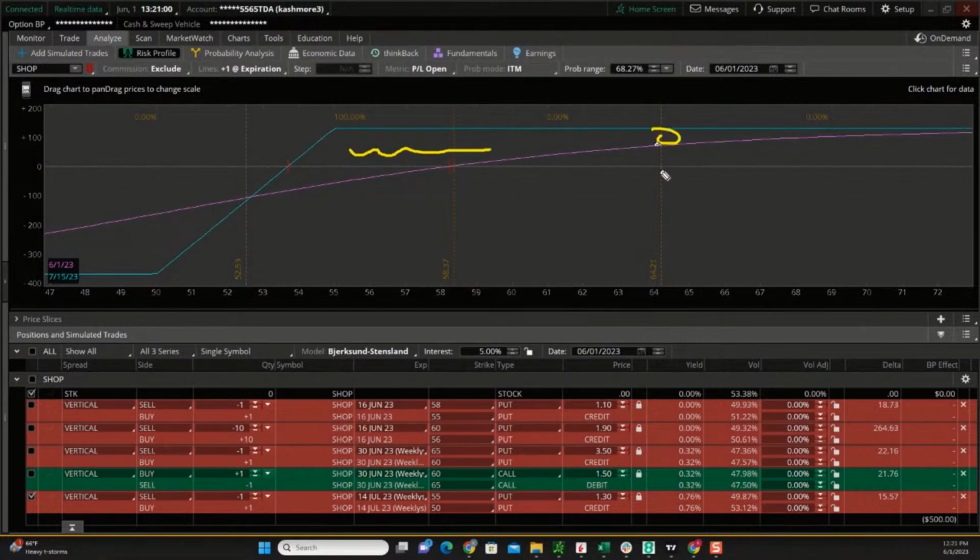So if our target's up here, regardless of how long till expiration, this is still working in our favor. We have the delta direction we want to go. As long as it doesn't crash down, we're still good. And what's the beauty about it is, say as the more time that passes, this P&L gets higher and higher,